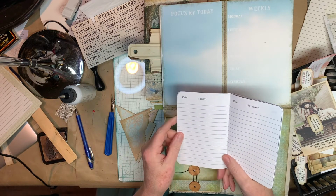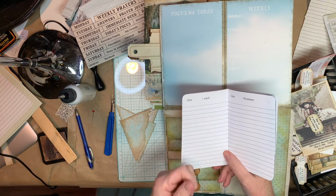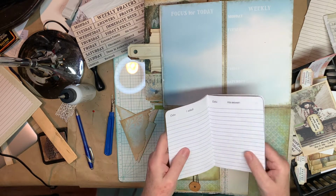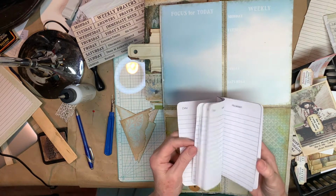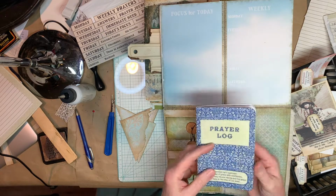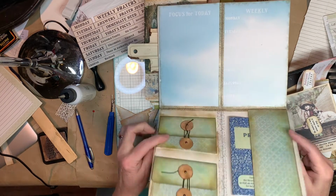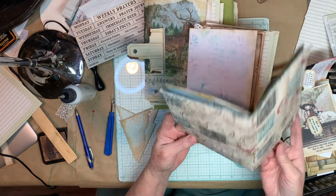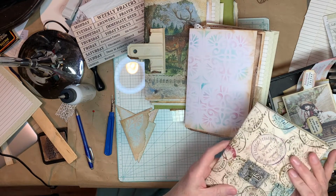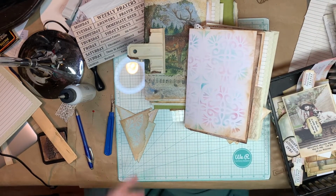And so I think it would be good if we could do this, where you write it down when you ask, and then you go back and look and say, oh, he answered that, oh, he answered that. So it's just a small one, but it's an idea that maybe you could develop into a whole journal in itself, if it works out for you. So anyway, this is separate, and I don't really see that this needs to go into the journal. But the idea of it could go into the journal, which is why I did these